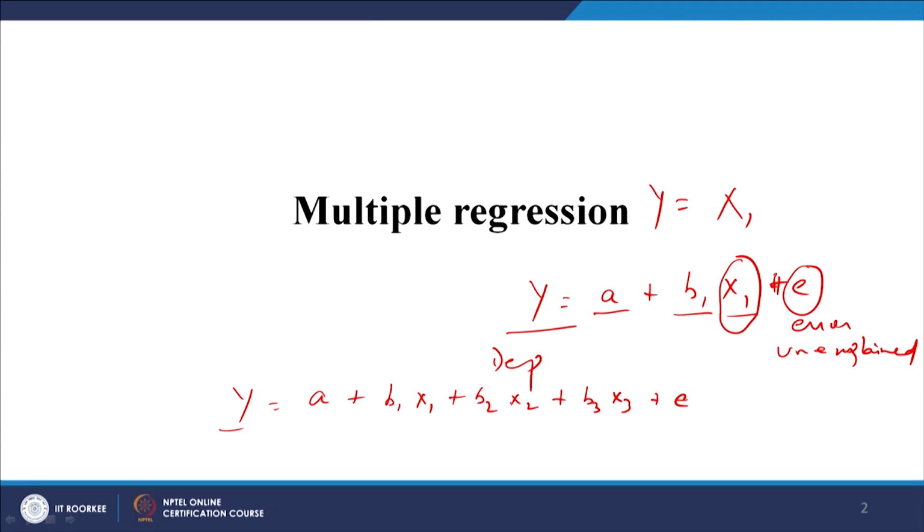You need to simply understand what it means. When we say y is equal to a plus b1 x1 plus b2 x2 plus b3 x3, suppose we want to see the effect of x1, then we say y is equal to a plus b1 x1, keeping x2 and x3 constant, right. Similarly, if you want to check individually the effect of x2, you have to keep x1 and x3 constant. If you want to see the effect of x3, you keep x1 and x2 constant, right. The equation has become a little more complicated because you now have three slopes, or beta coefficients, b1, b2 and b3, which need to be found out before you can put in the values and find the final outcome, right.